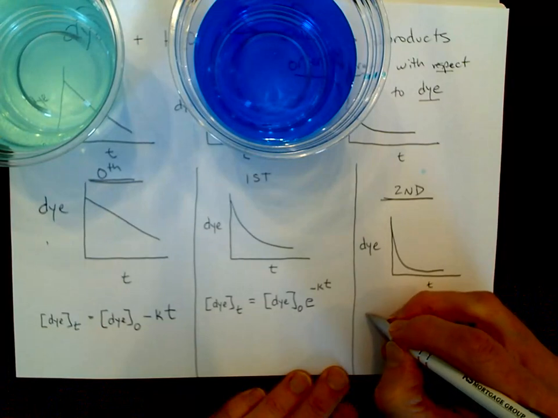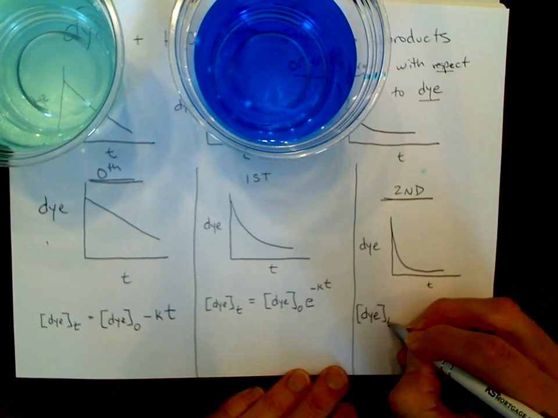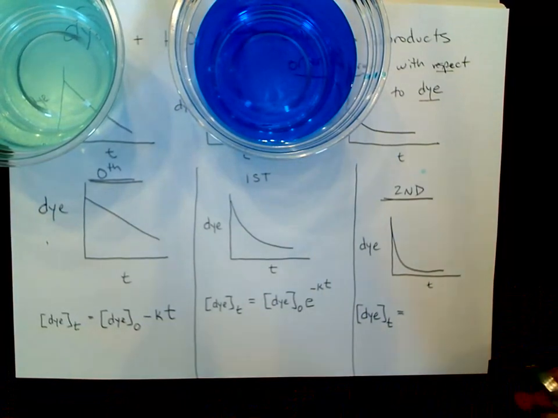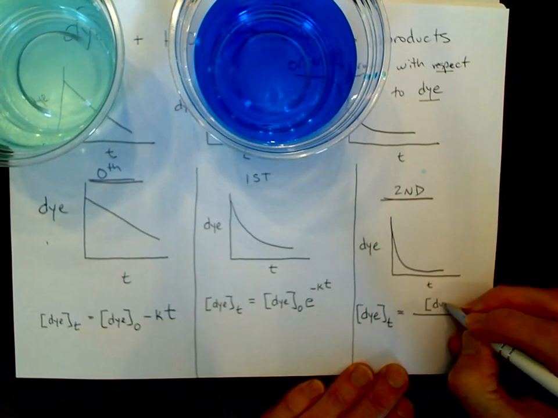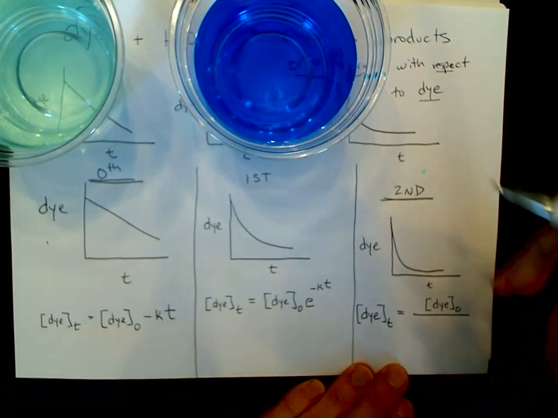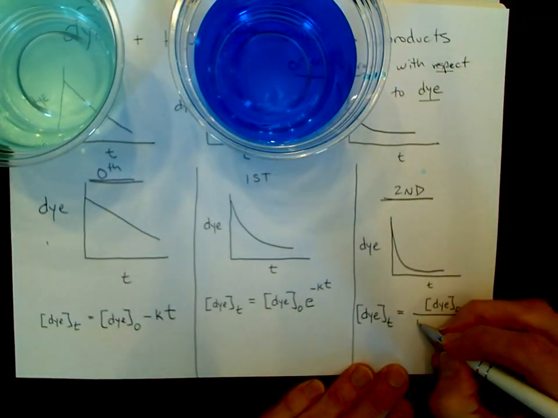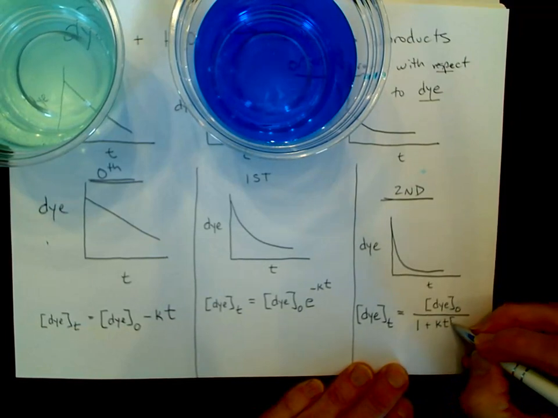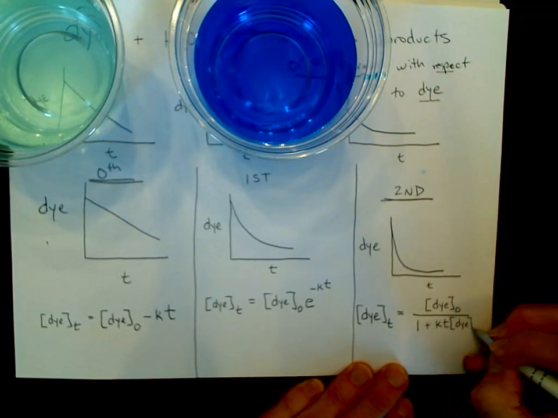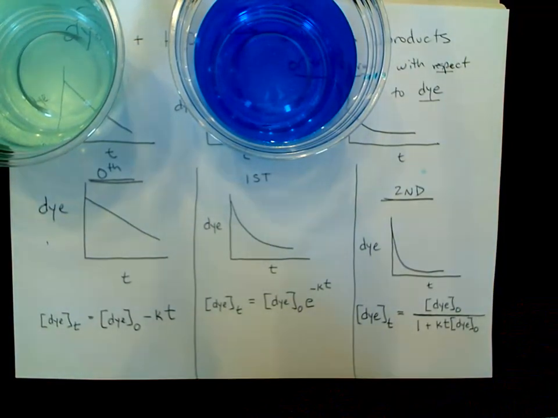In a second order process, the concentration of the dye at some time t later on is going to be equal to a fraction that looks like this. The concentration of the dye initially, similar to what it was at the start, over 1 plus k, the rate constant, times t, time, times the concentration of the dye initially, like that. So here are our three